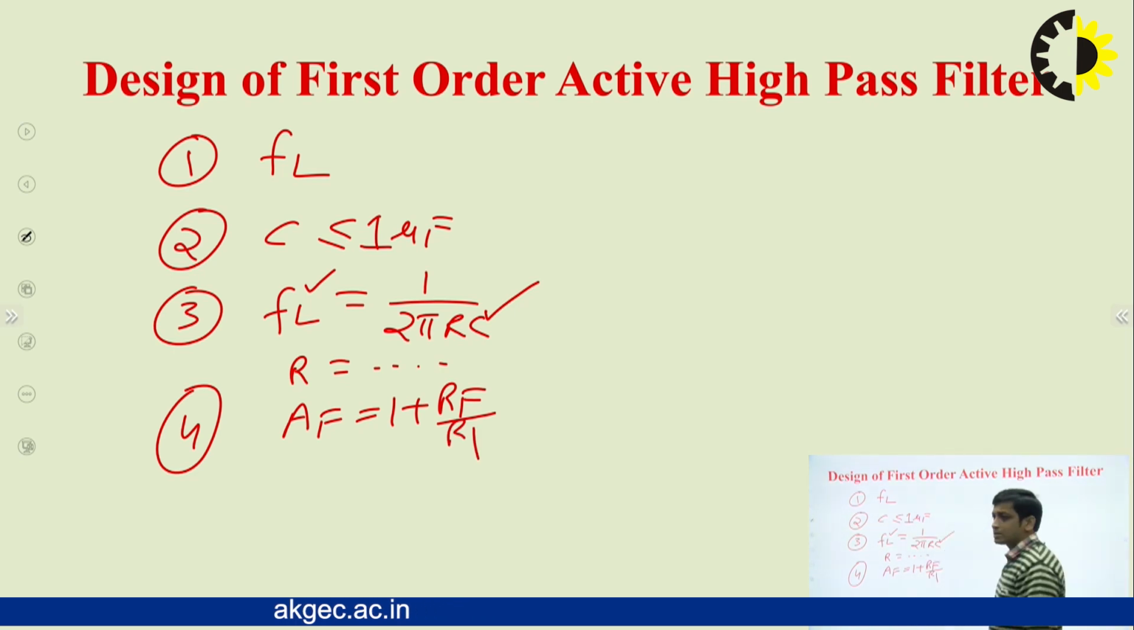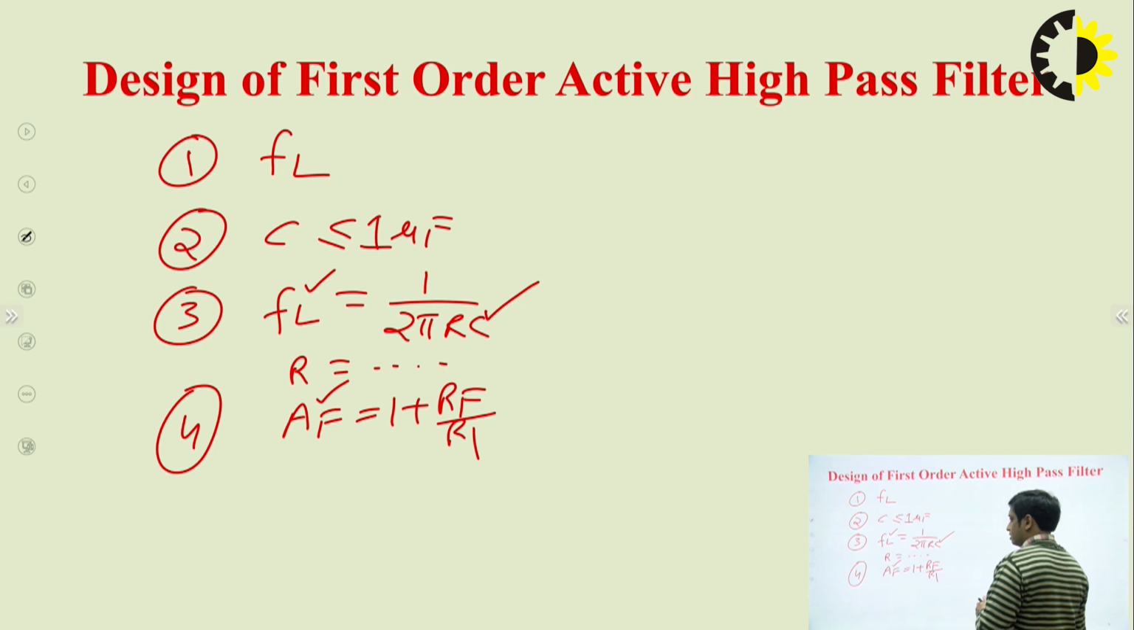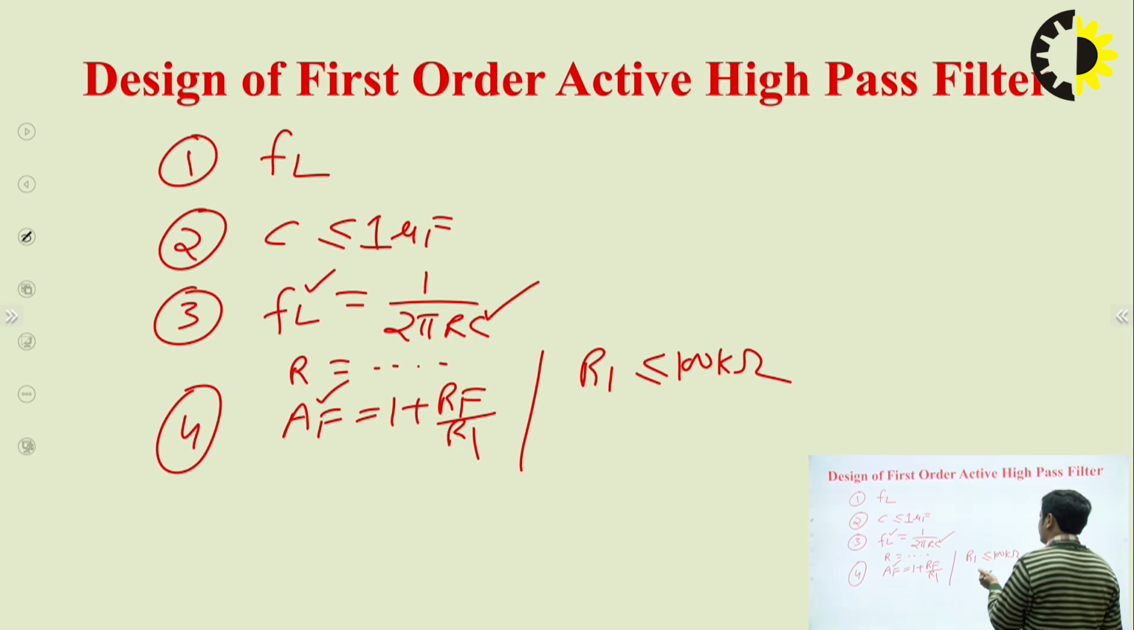We are getting 1 plus RF upon R1 because we are using non-inverting configuration, right? So normally AF is given in the question, in the numerical for the first order filter, and one equation, 2 unknown. What we do, we normally take R1 less than or equal to 100 kilo ohm. Fine. You can take any value of R1 and put that R1 into this equation and calculate the value of